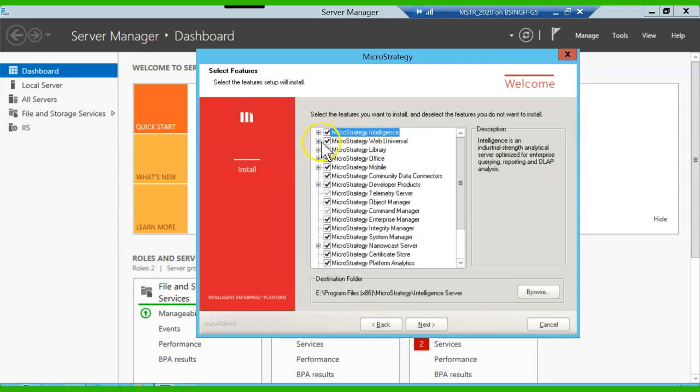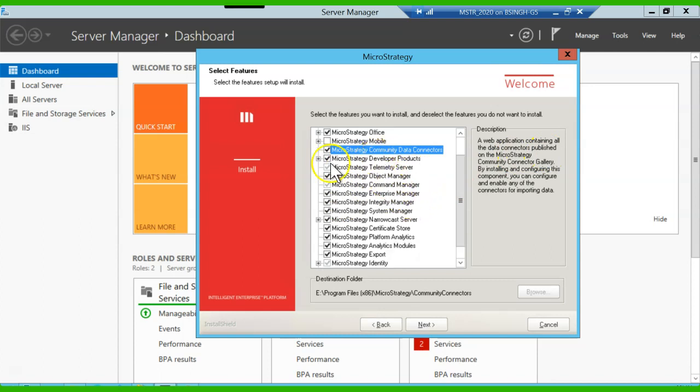I have selected already. On the web server you have selected all the web features, library, mobile, though I don't require the mobile because I'm not going to cover anything like the MicroStrategy mobile features in my class today, so I have unselected it.